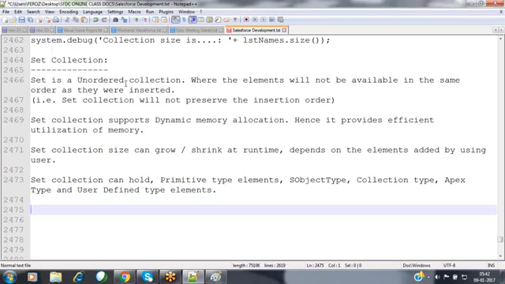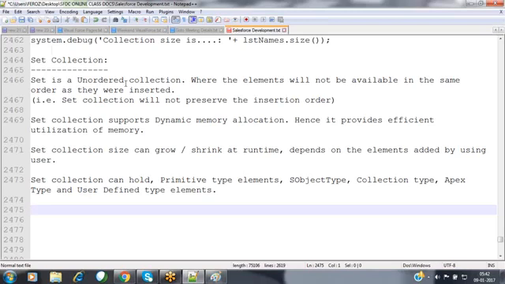But in the set collection, whenever you try to add a duplicate element, the set collection simply ignores that operation. It won't show any error message. Simply it will ignore adding that element, because before adding it, it first verifies whether this element is already in the collection or not.